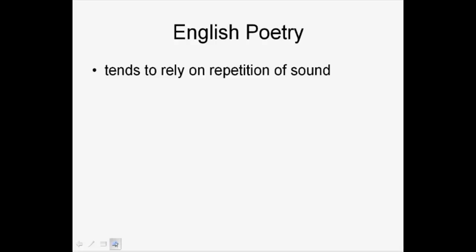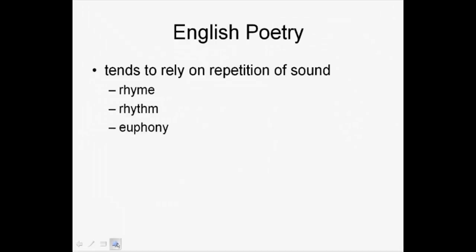And that's because English poetry tends to rely on a repetition of sounds, and the most obvious is the rhyme at the end of the lines. Even little kids pick up on that. And then there's all those other repetitions of sounds that are built into English poetry, like the rhythm of the poem, the meter, that's what they call it in literature courses. All those fancy words you learn in a literature course, you don't need to worry about.